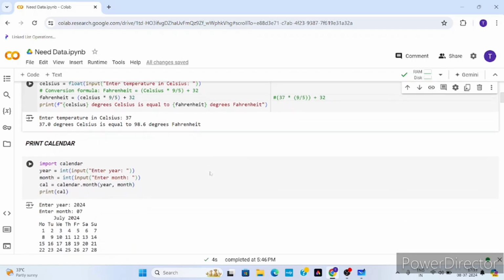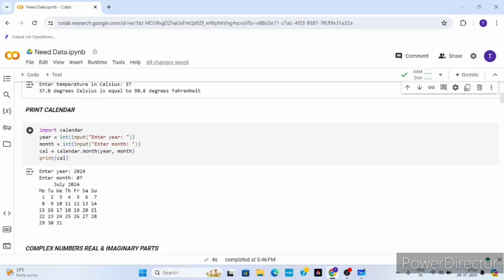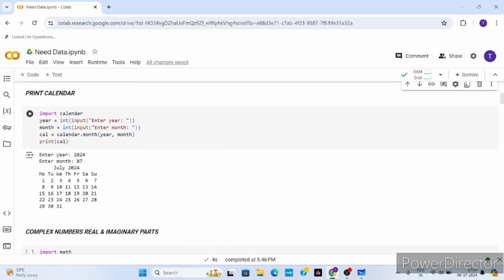Next, to print a calendar, you just want to import the calendar package. It is an inbuilt package. You can import it, and if you use Colab, you don't need to install any packages. If you are using Jupyter Notebook or Anaconda, you need to install everything. Here I am using Colab, so I don't need to install anything. I am just going to import calendar. The year I am going to get from the user, the month I am going to get from the user, and I just use this package